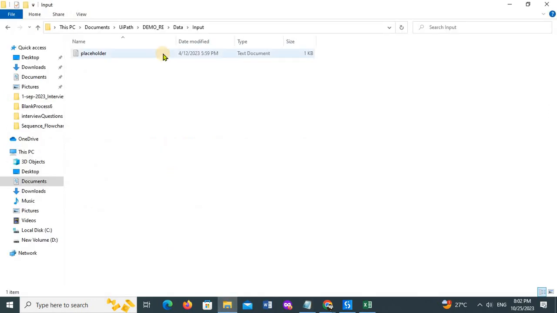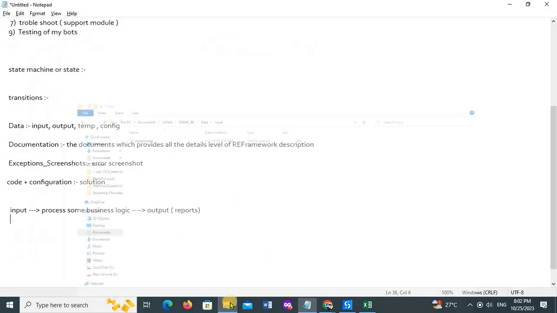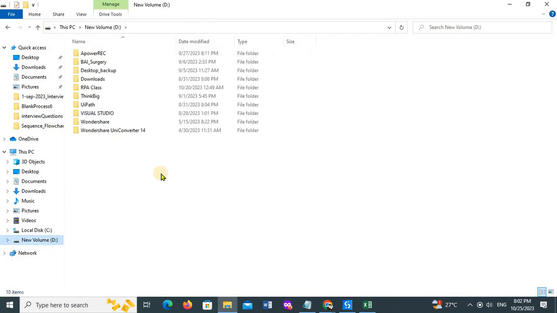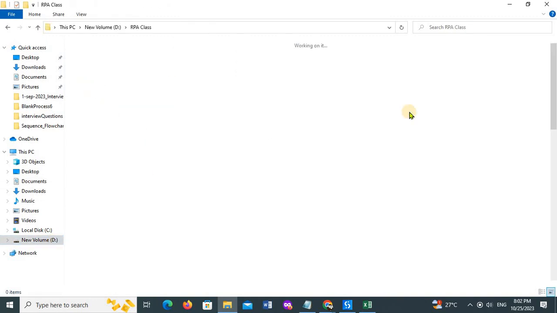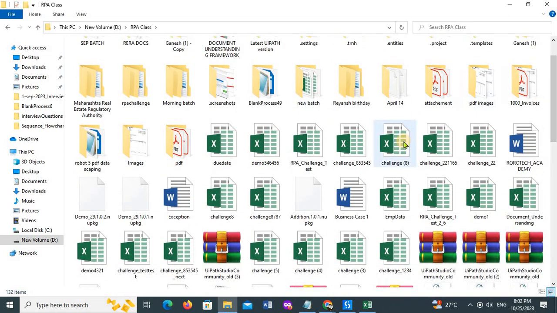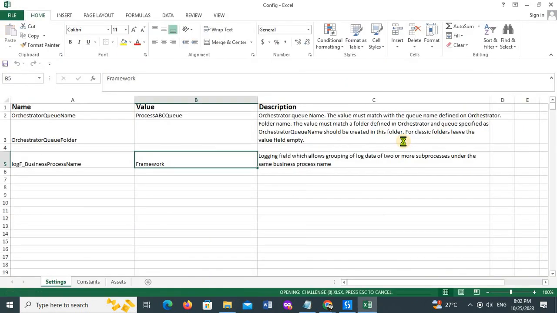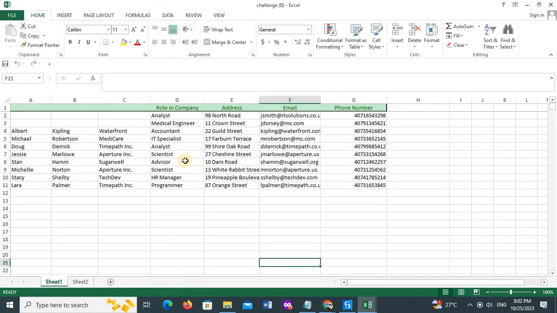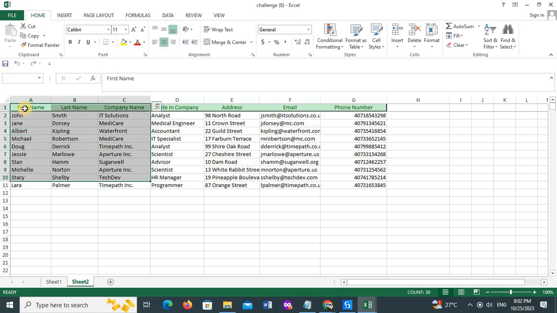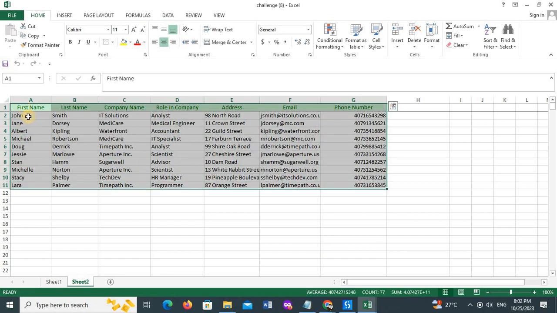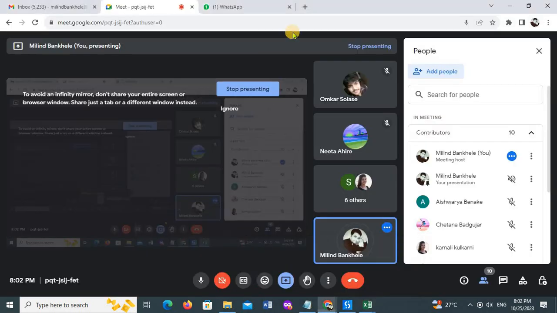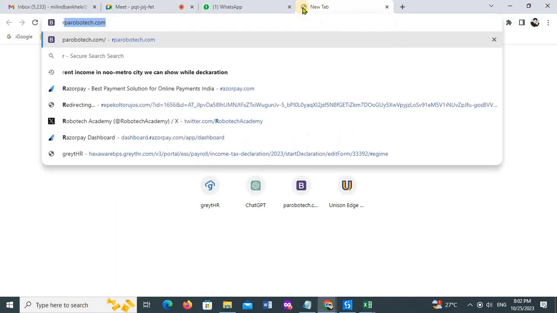So what I'll do, inside this input folder I'll store that input information. Now for example, we'll take this challenge 8, or if I open this now, this is my input. I want to process this data on this application,